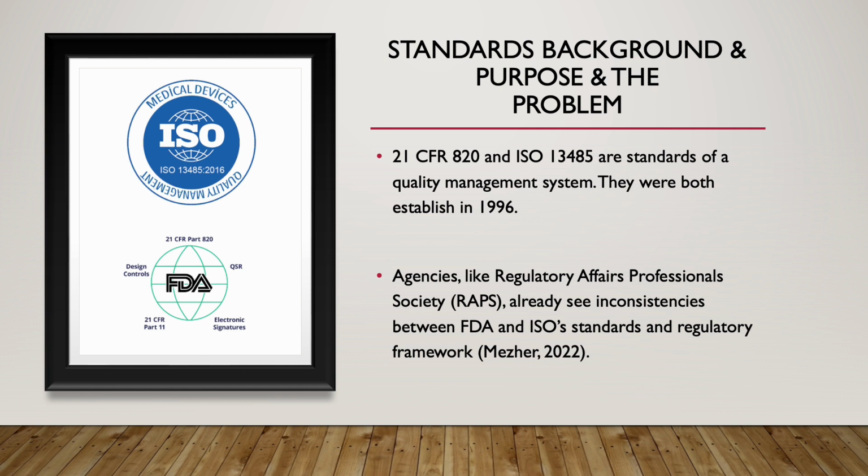Since producing high-quality goods is in everyone's best interest, the governing body in the USA, the Food and Drug Administration, has introduced several initiatives and compliance laws, such as a quality system regulation known as Title 21 Code of Federal Regulations, CFR Part 820. The Part 820 amendment took a lot of work, but was finally published on October 7th of 1996 and became effective on June 1st of 1997. 21 CFR 820 is divided into 15 subparts, A through O, each of which focuses on a different aspect of the manufacture of medical devices.